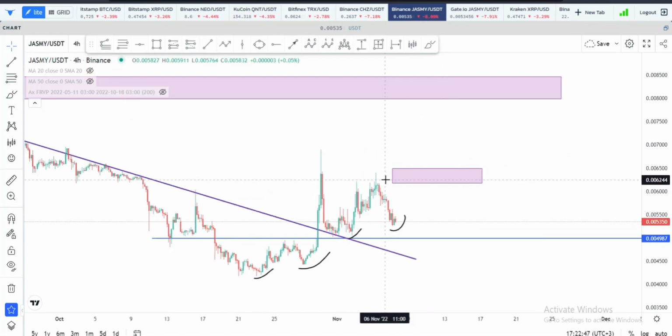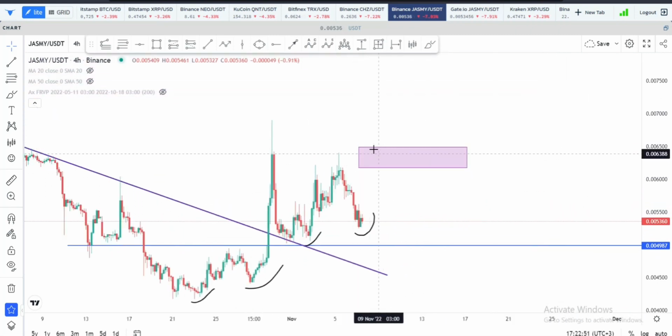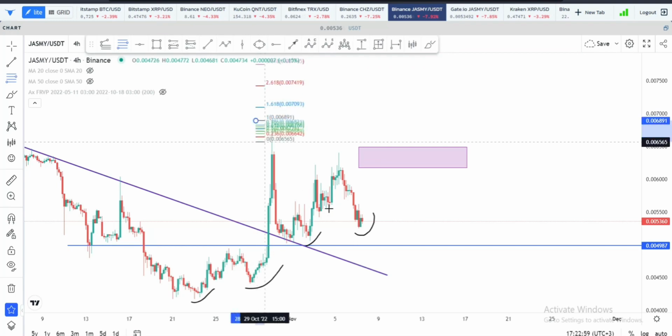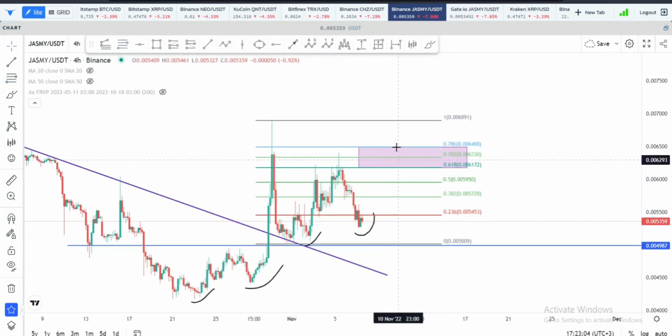Over the weekend I came up with a video. I was expecting the price to get above this level. I was calling it the make or break moment, really, because as you can tell right here, let me go ahead and pull out my favorite retracement tool. So you can see that from the top to the very bottom right here, when you get to these levels, the 0.618 and the 0.786, this is where the chart is either going to collapse or is going to completely break above this level. So in this case, we got a quick rejection exactly at that point there,